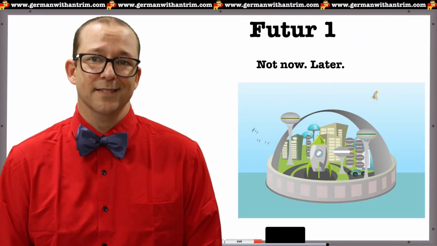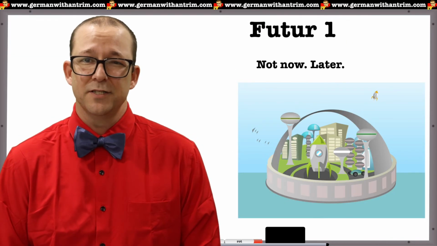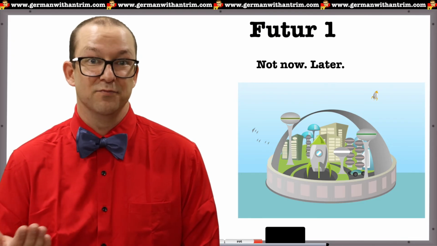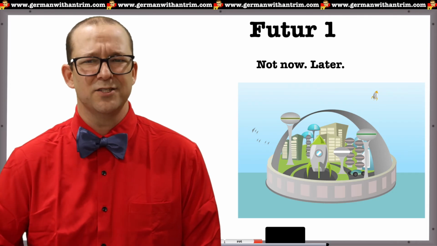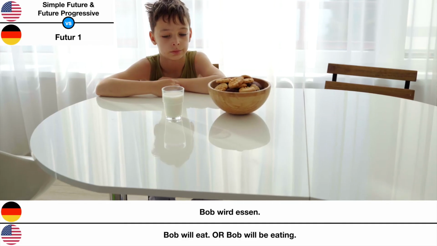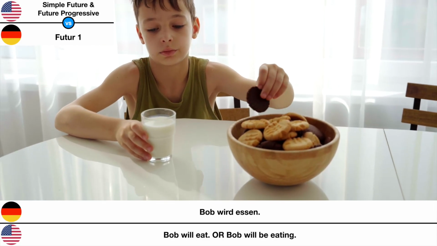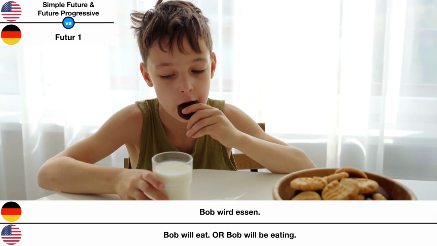Those are the confusing tenses. The rest are pretty easy, but there are still two translations for every one German tense, but that's simply due to the lack of progressive tenses in German. Let's start with the Futur 1. Bob wird essen. Bob will eat, or Bob will be eating, while the other tenses can eliminate the dueling English